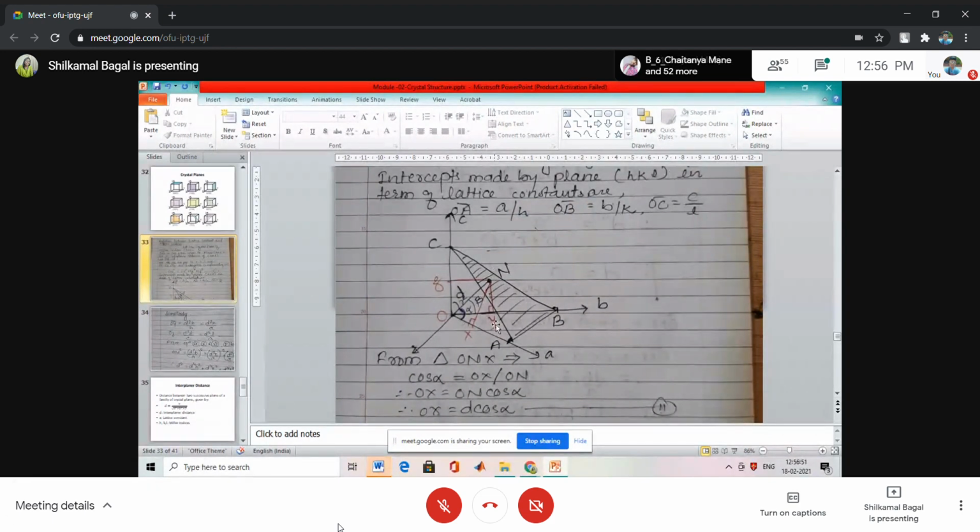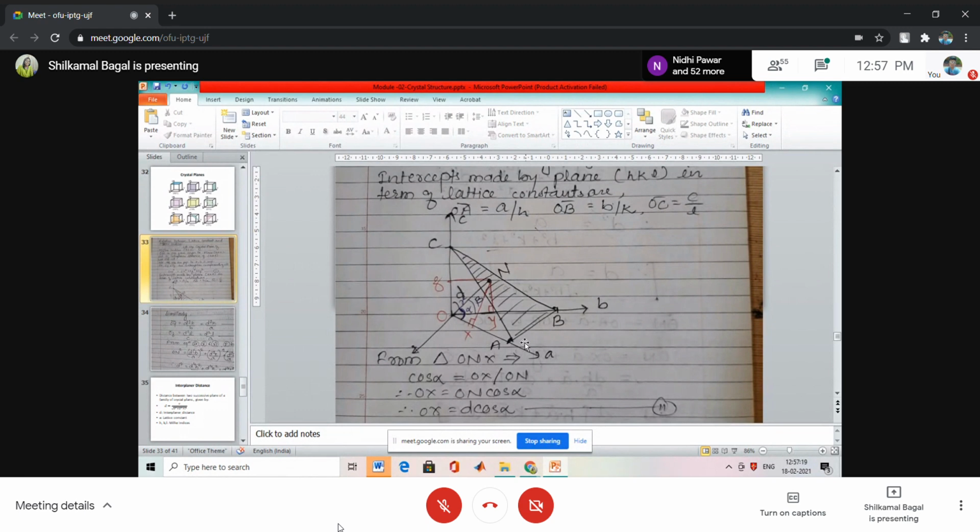The next plane of this family will be parallel to this plane, at an origin where another unit cell will start. So ON is the perpendicular distance between two successive planes of the family of planes